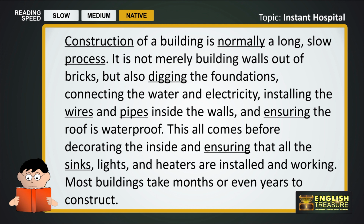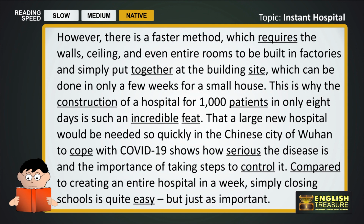Most buildings take months or even years to construct. However, there is a faster method, which requires the walls, ceiling, and even entire rooms to be built in factories and simply put together at the building site, which can be done in only a few weeks for a small house. This is why the construction of a hospital for 1,000 patients in only 8 days is such an incredible